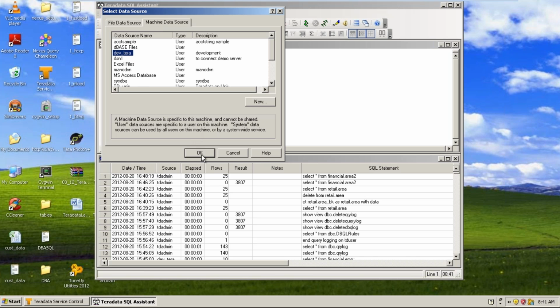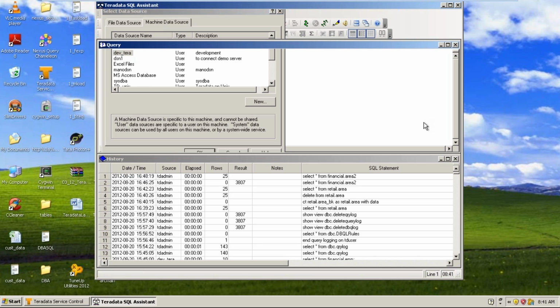Just double click on that or click the OK button here to connect to the Teradata server, and internally this DSN uses the user name called TD user again. These are the default users installed along with the demo version of Teradata. You can use those existing users, that is TD user and the TD user DSN, and the password for the username is also TD user. So the username is TD user, the password is TD user, and the DSN created for this username is also TD user. So you can find the TD user existing in your machine data source and double click on it, so it will connect with the user called TD user.